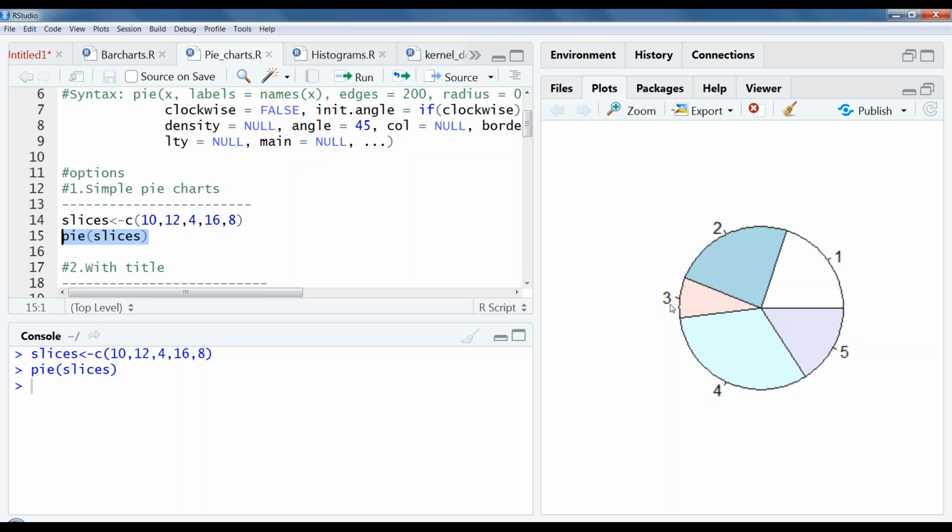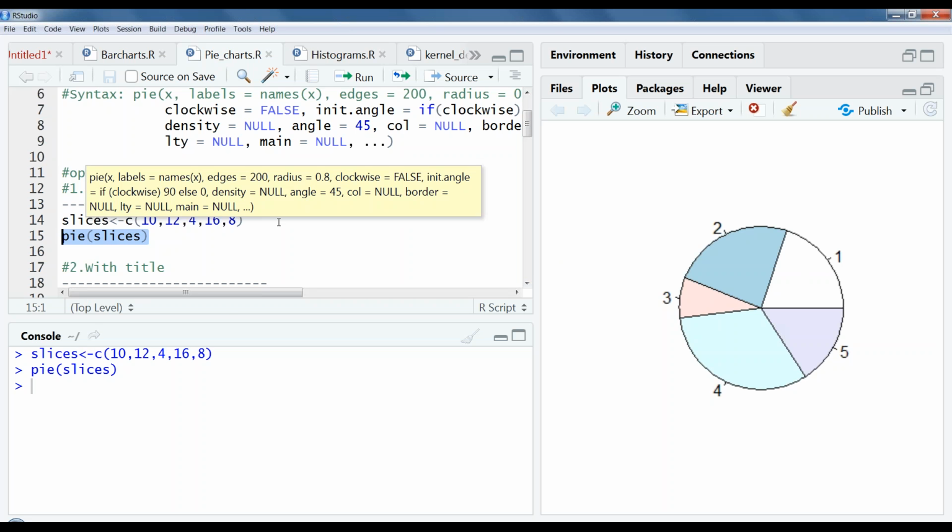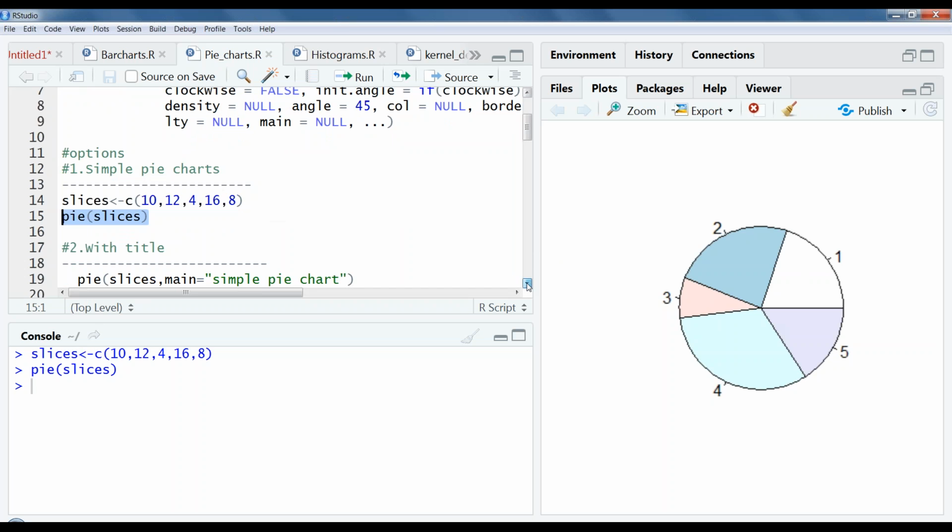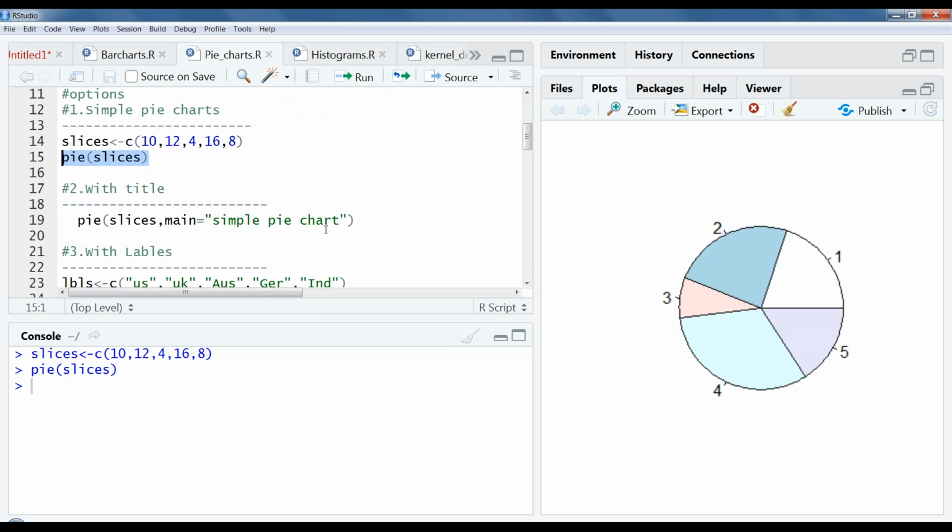What exactly each sector represents, and how much, it is not giving me a clear picture. Just using a vector inside the pie function doesn't give clear results. So slowly I'm going to use a few other options.